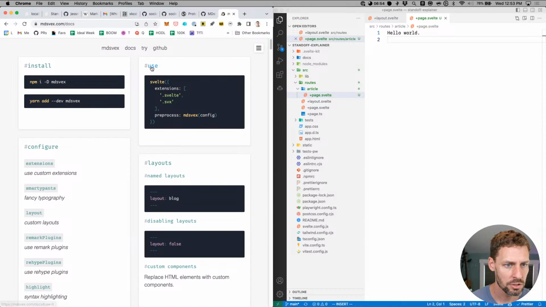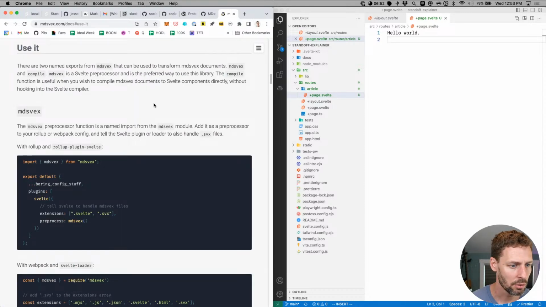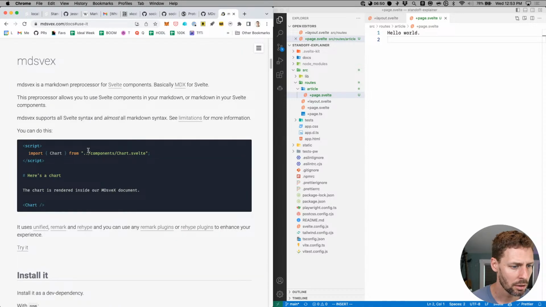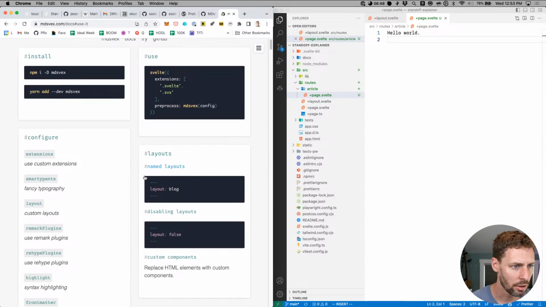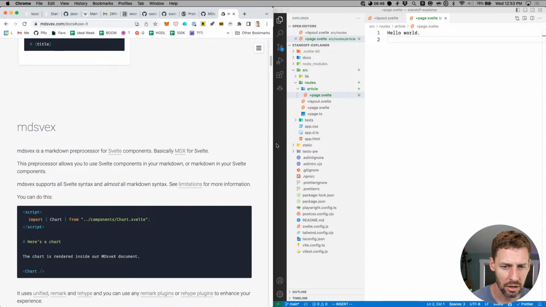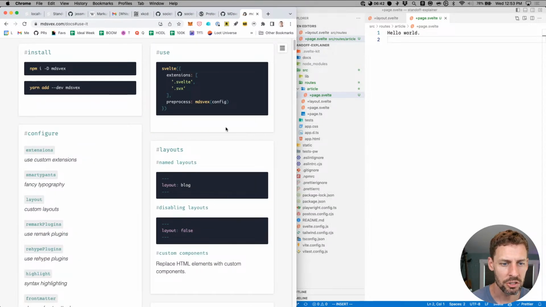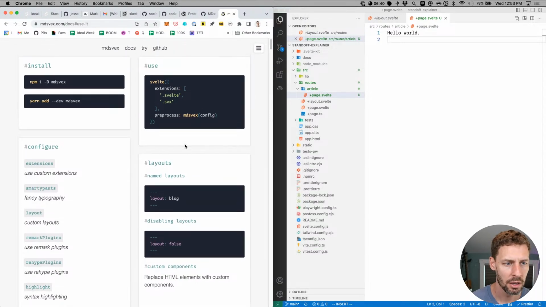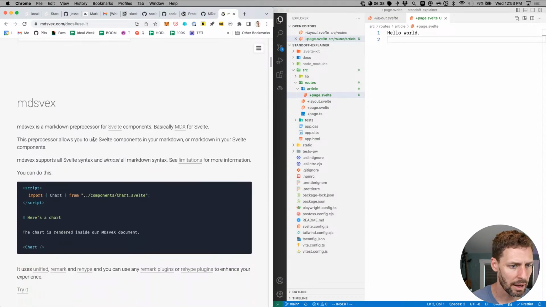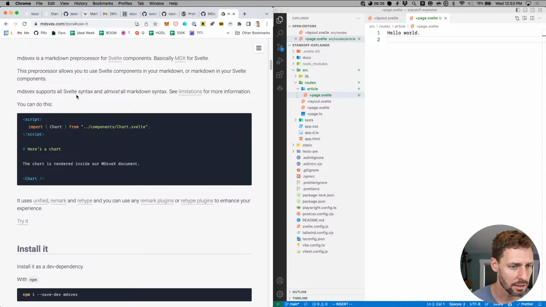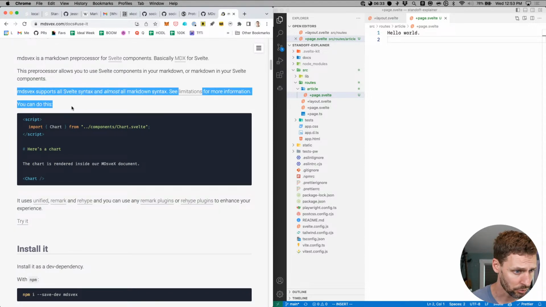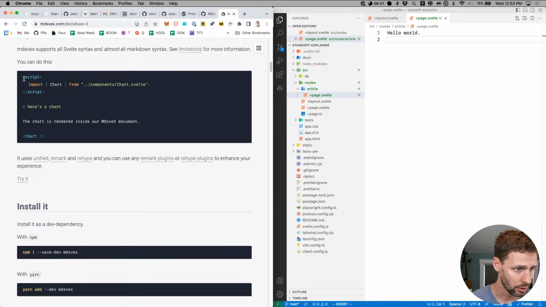I'm on the docs page. Use. Here we go. Oh wow, okay, it was a long page. It scrolls down, I didn't even notice that. Oh, that's kind of like a cheat sheet up here at the top. Interesting. Feedback for the MDSVEX guy: I did not notice that, I needed to scroll down. All right, perfect. So here's an example